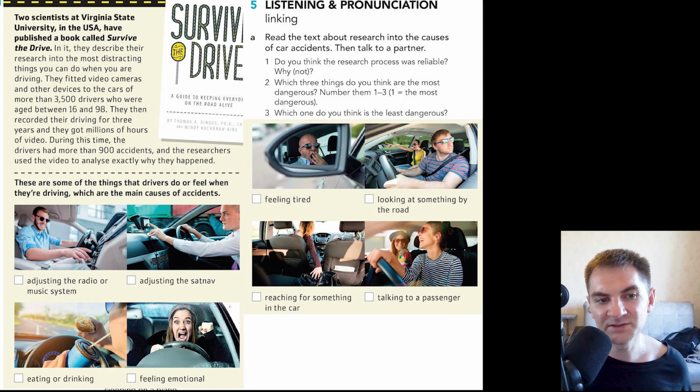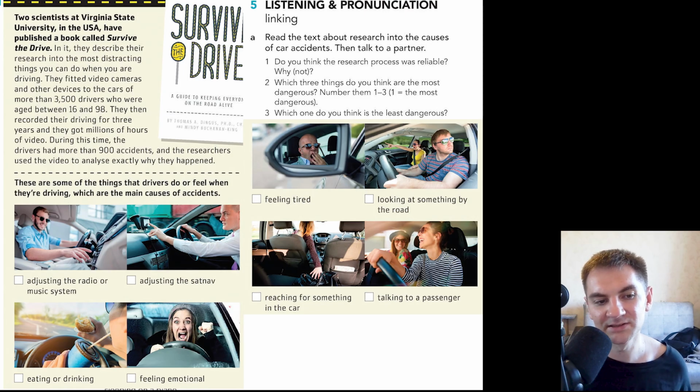They fitted video cameras and other devices to the cars of more than 3,500 drivers who were aged between 16 and 98. They then recorded their driving for 3 years and they got millions of hours of video. During this time, the drivers had more than 900 accidents, and the researchers used the video to analyze exactly why